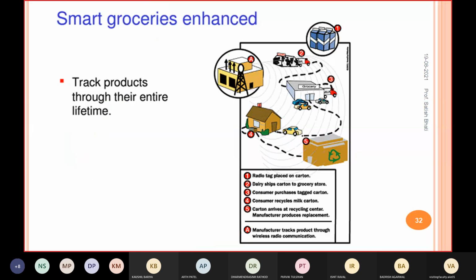Then smart grocery enhancement. This is a kind of tracking of the product, whatever product you have manufactured. You will paste an RFID tag on those boxes, right?